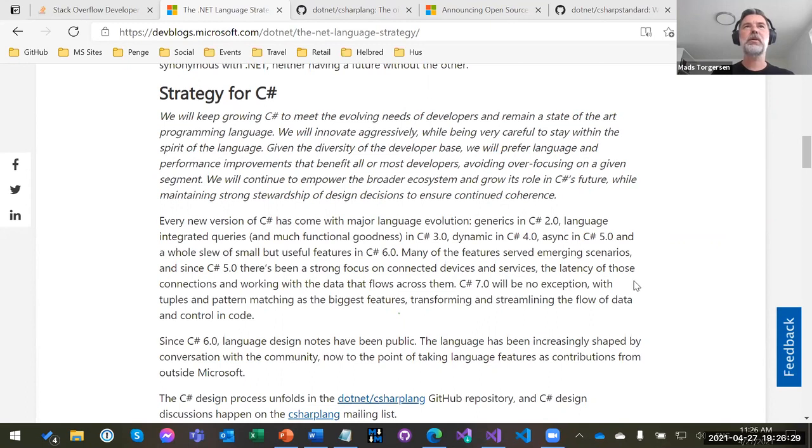So quickly on the 2 other legs of the strategy, C# is being used for a remarkable variety of different purposes, not through the foresight of Microsoft for sure. It started out from our point of view really being a Windows app development language more than anything else. But people outside of Microsoft, in particular the folks around Mono, built an alternative implementation with the idea of taking C# to other platforms, to other form factors, and to other domains.